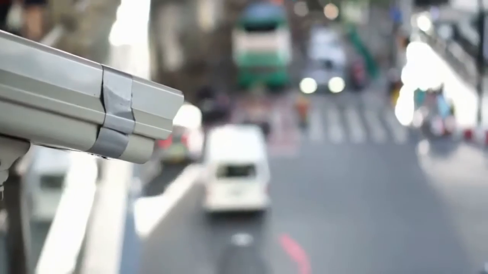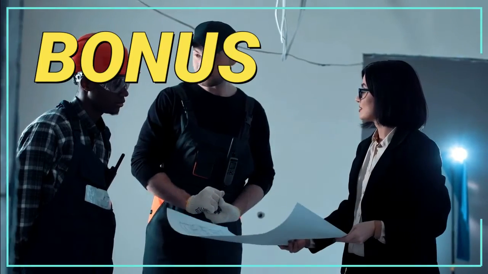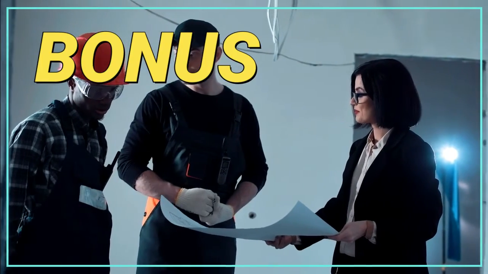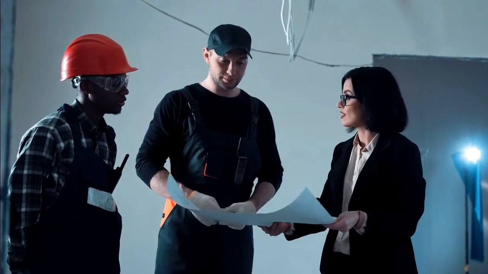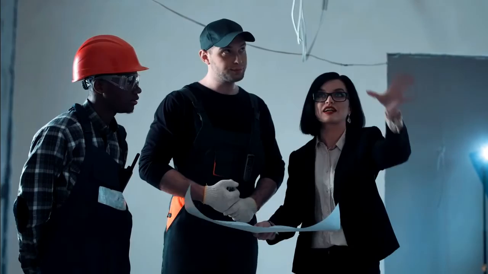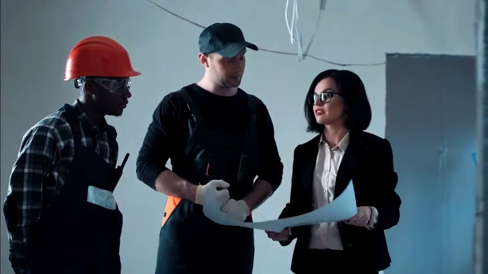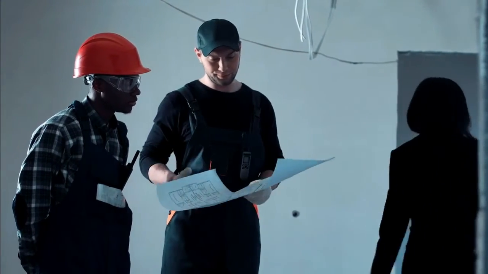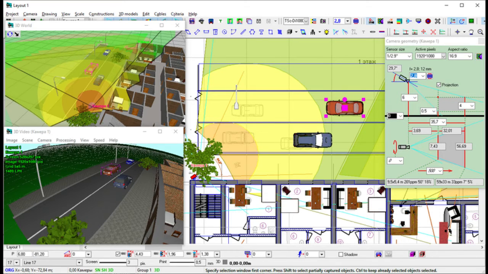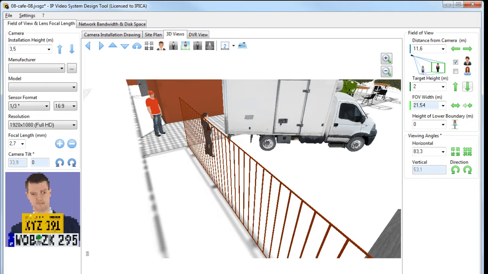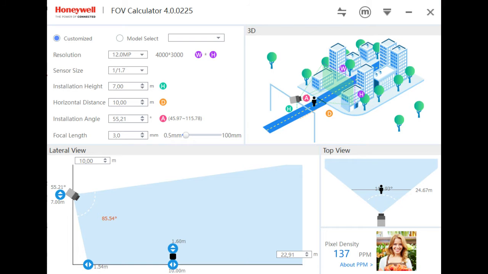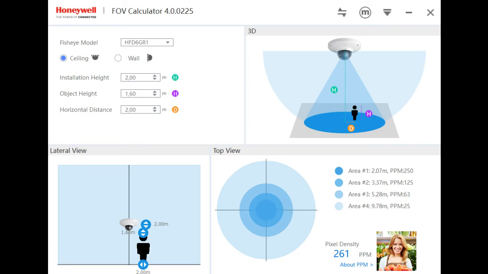Earlier in the video, I said I'm gonna share with you a tip to ensure the best pixel density on your scene's target considering the installation position. As you saw, this can be a critical issue in your installation and sometimes a rejection from the customer depending on the situation. To avoid this, in the project design phase, use the camera manufacturer's field of view tool or a third-party tool to help you calculate the best position and the camera resolution for each scenario.